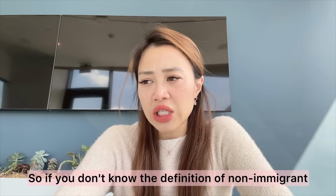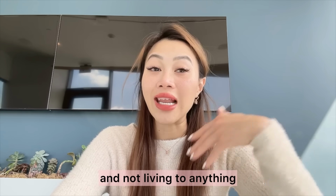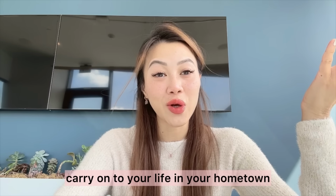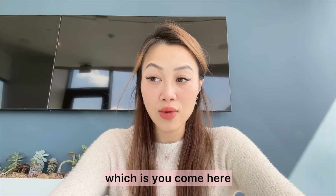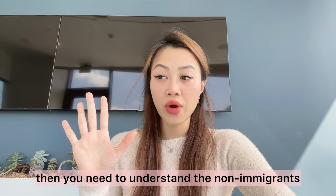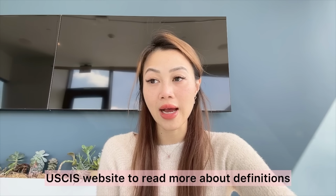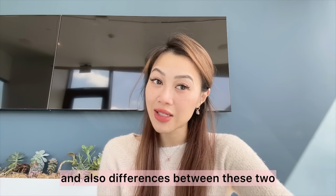So if you don't know the definitions, non-immigrant means you only stay here for a short period of time, not leading to anything. You return to your home country and carry on with your life in your hometown. If you obtain an immigrant visa, you come here and become a green card holder, legal resident, leading to citizenship. Then you need to understand the non-immigrant and immigrant visas that they listed here. You can also find this information on the USCIS website to read more about the definitions and the difference between these